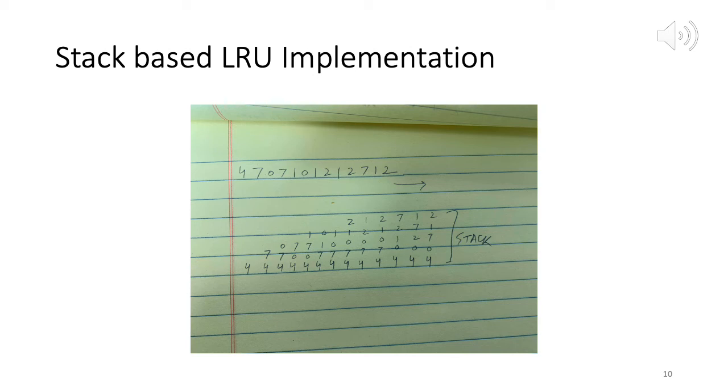So we looked at the counter-based implementation in the previous 2 slides, where we maintain a clock counter, and on every reference we increment the clock counter by 1. Whenever a reference to a particular page is made, we copy the counter to its time of last use, and when we have to evict, we evict the page with the smallest time of last use value. The second implementation is the stack-based implementation. These are 2 ways in which we can implement the LRU page replacement algorithm.